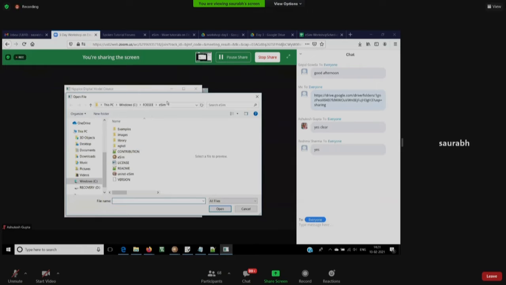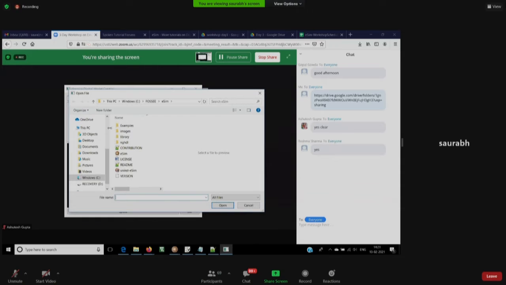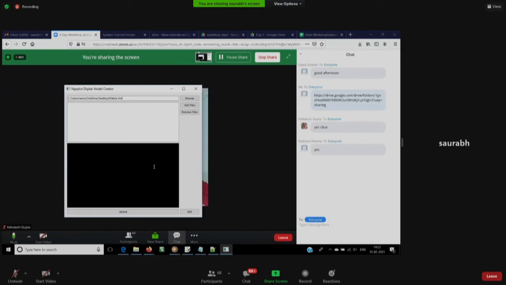Okay, so it gives you this open file window. Since my VHDL file is stored in my desktop area, I will just go to desktop and locate my file. This is a T2B test file. As you can see, the description says it's a VHDL file modified at this moment. After locating the file, just click open.